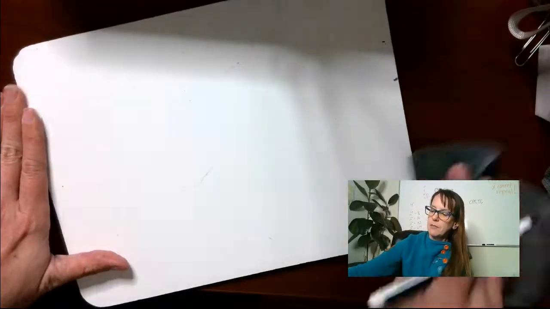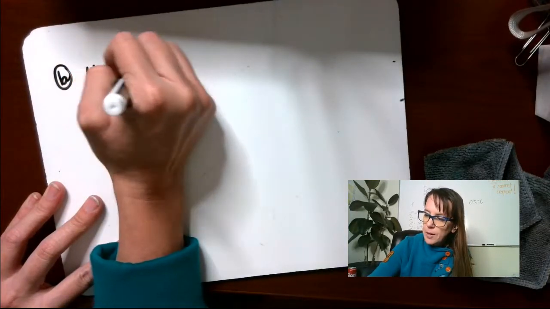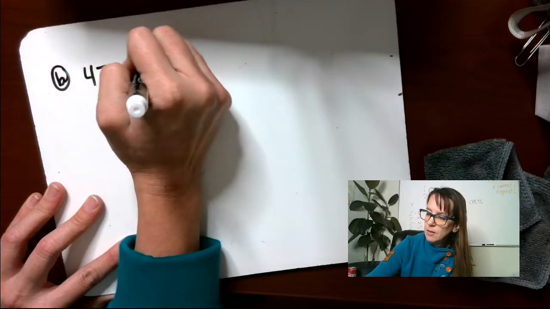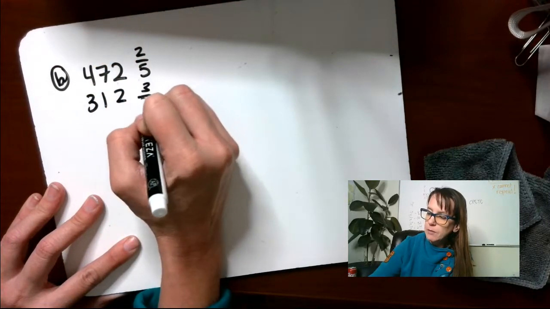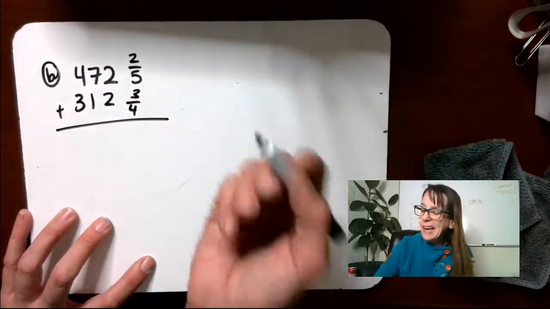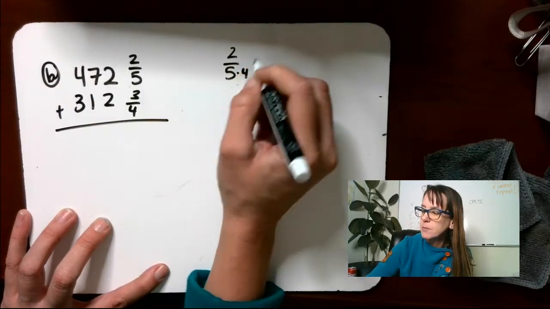All right, so then for B, 472 and 2/5 and 312 and 3/4. Add those together. Let's deal with just the fraction bits. Again, our common denominator here is we're gonna have to multiply them together. So we get times 4, times 4,